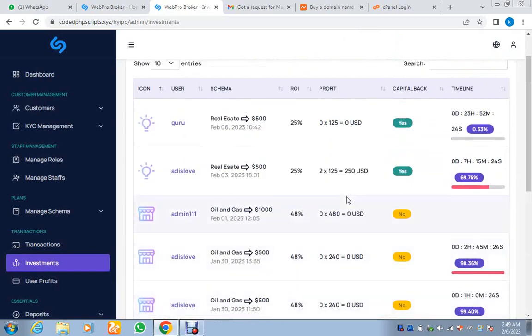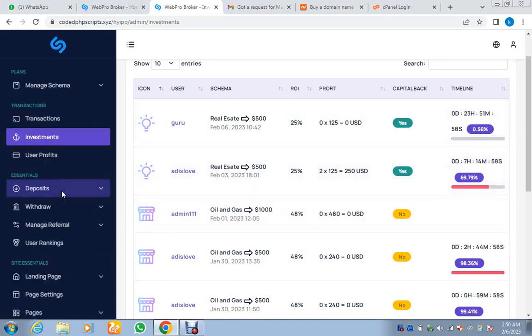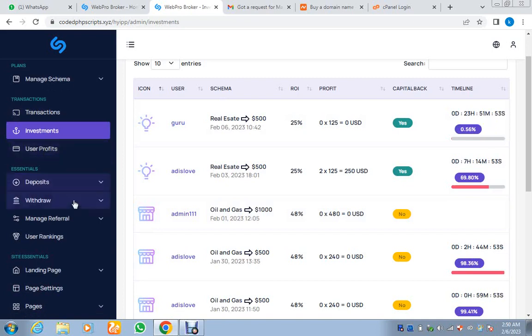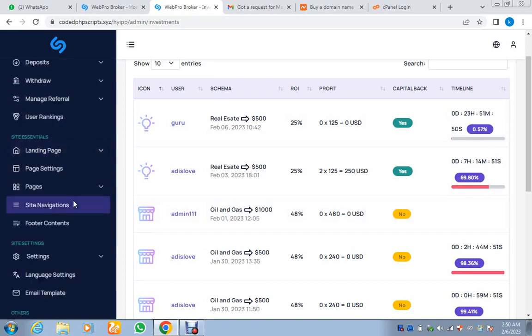You can use this script for both estate management, oil and gas, crypto investment websites, and in fact it's a general script. Okay, so you can always use it. All you need to do is to just edit the investment plan to suit the particular one you want to use it for. Then this one is the user profit. If you click here, you will see the user profit. So let's quickly go down to